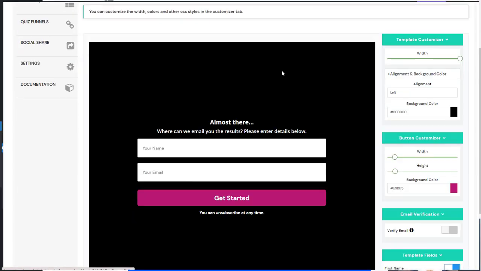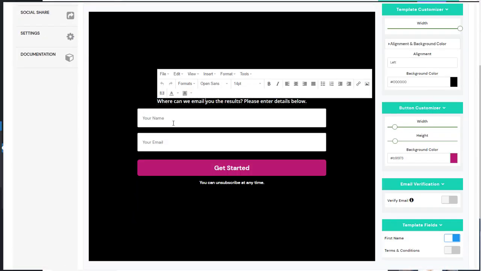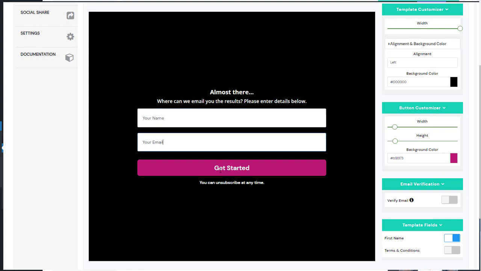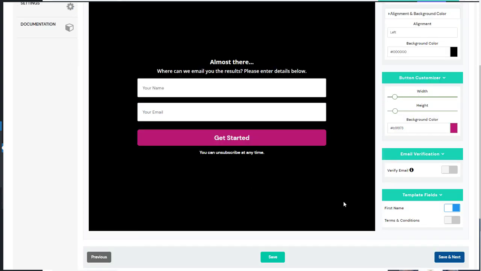Lead generation. So again, everything is customizable. If you want to change the background color, text, everything is customizable. When users opt in through this, they will be added to Send in Blue, which is my email platform. And I have configured that here. And that's it, right? So all this is customizable.